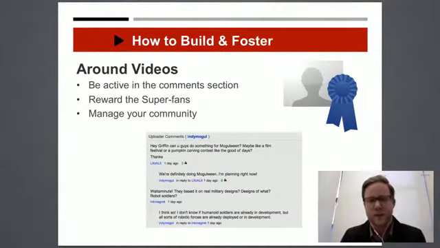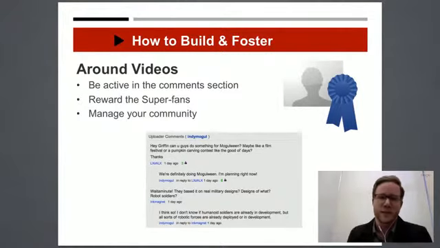And so the first one is really being active in the comments, especially of the videos you upload. And I think when a video is first published, those first couple of hours are almost the most critical to be there in the comments, because especially if you've built out a subscriber base, those early viewers are your most loyal fans, and those are the people you want to be interacting with and helping spur the conversation.